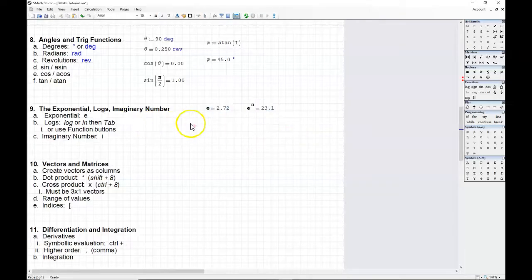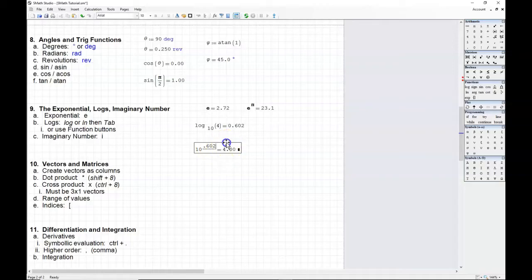For logs, just type log, and then we need to press tab, and that will give us our base. We can put a base 10 here, and then let's just put 4. Then we can equal that, 0.602. If you want to confirm that, 10 to the 0.602, and I just type 10 caret to raise it to the power of 0.602, equal, and we can see